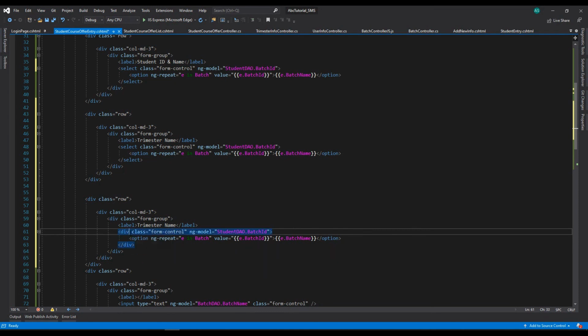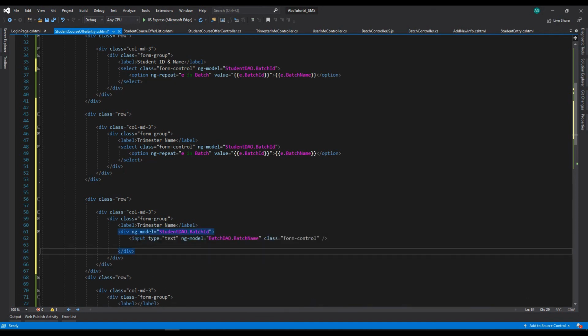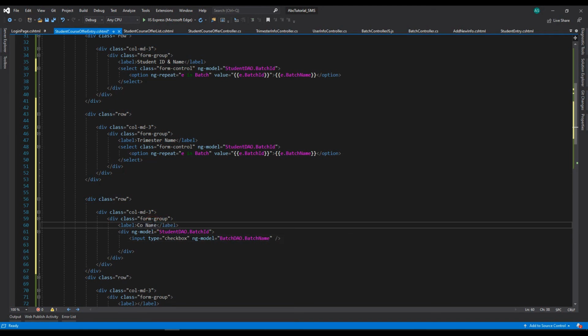Okay, and just remove this class, and we need here, just copy these lines and paste it here, input type checkbox. Okay, and name will be quotes,